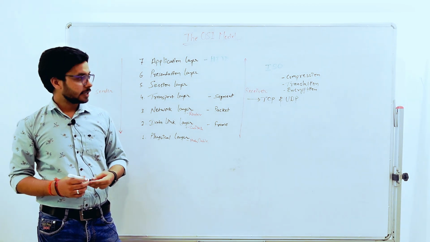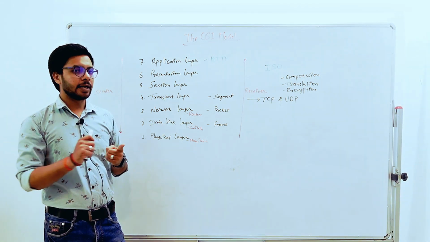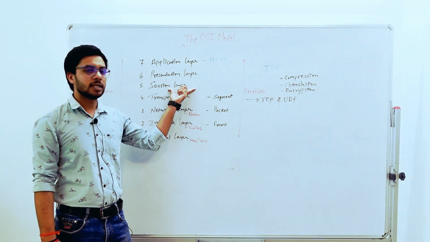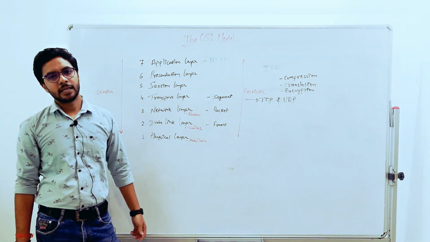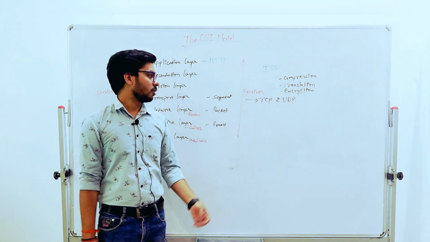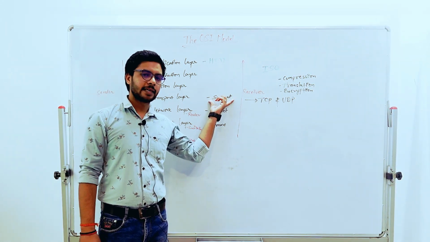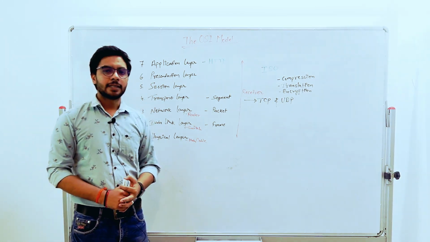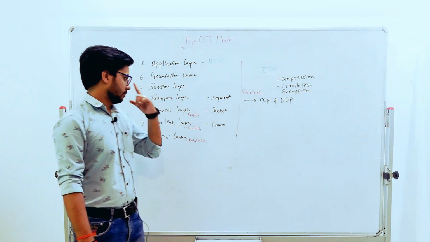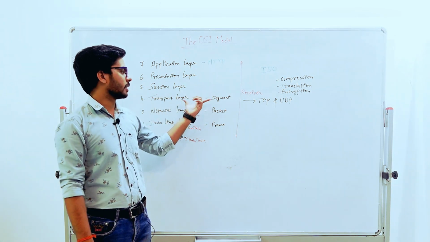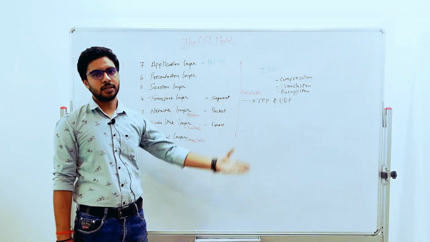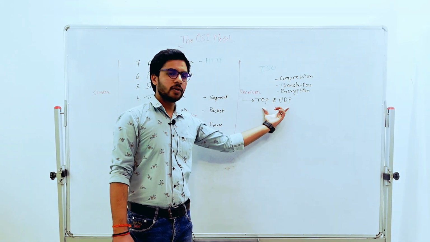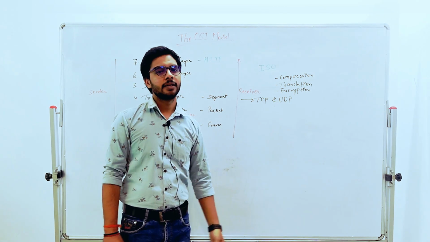Now the task of your transport layer is, one, end-to-end communication. Then it is going to take the data from your session layer and break it into smaller parts, and those smaller parts will be known as segments. So you can say it is also responsible for segmentation of data. It is going to convert the larger data into smaller chunks that are known as segments. As well as here we use two important protocols, that is TCP and UDP.